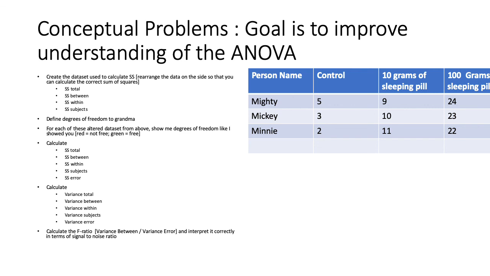Now, define the degrees of freedom to grandma is my second homework task for you. Now, remember, I kept trying to explain this, and I don't know how well I am explaining this. But essentially, if we want to find the degrees of freedom for the total data set, that one's kind of easy. We say, oh, well, we got these 9 numbers here. How many of them are free to vary and still have the grand mean equal whatever our grand mean equals in this example, right? So it's like, hypothetically, these are the numbers we got, but what if these weren't the numbers we got